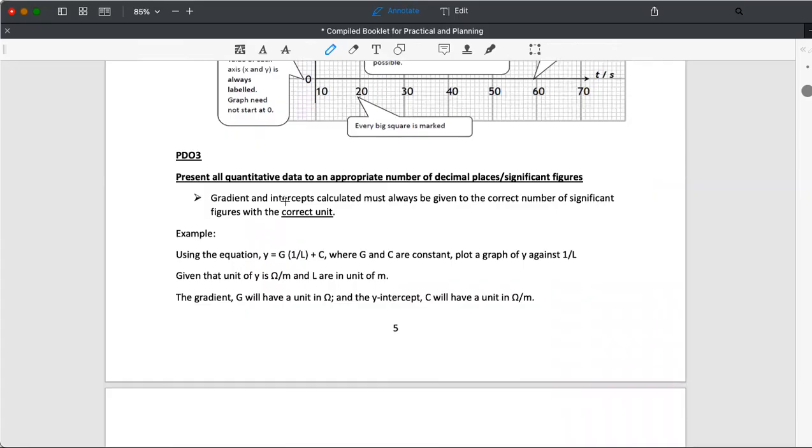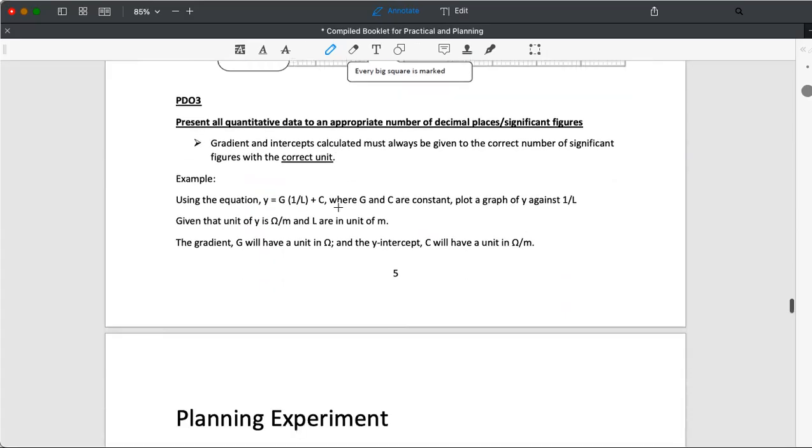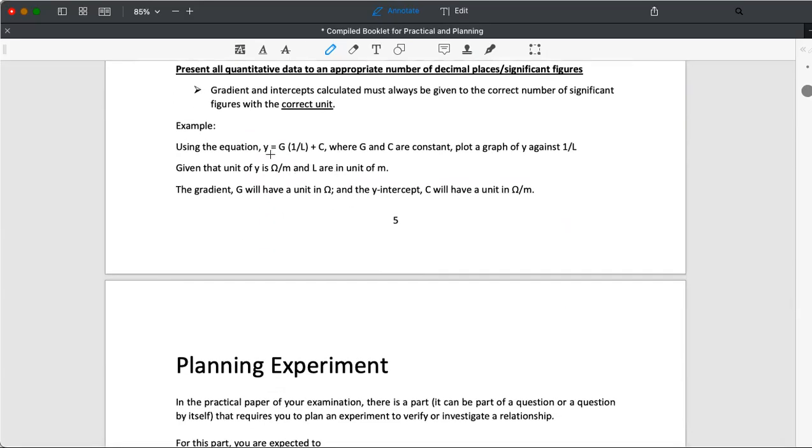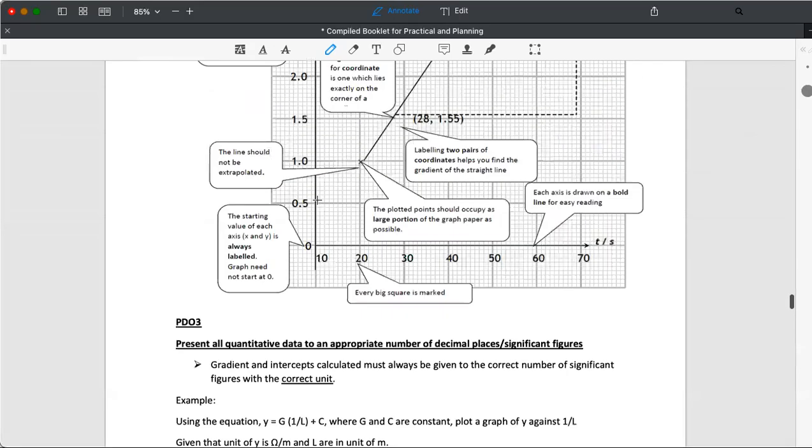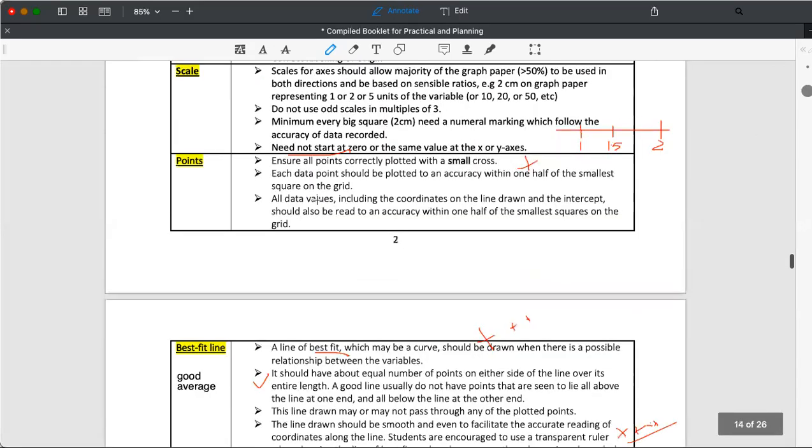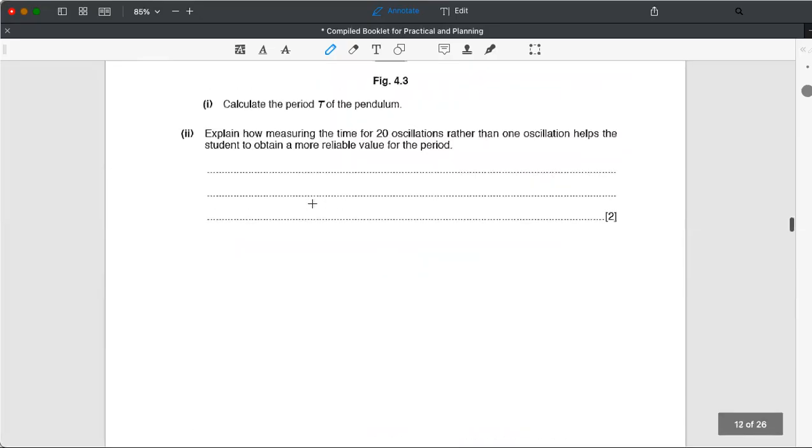Now, for all quantitative data, it should be presented in appropriate number of decimal places or significant figures. So gradient and intercept calculated must always be given to the correct number of significant figures with the correct unit. Now, the gradient may have a unit. Gradient itself by right has no unit, but